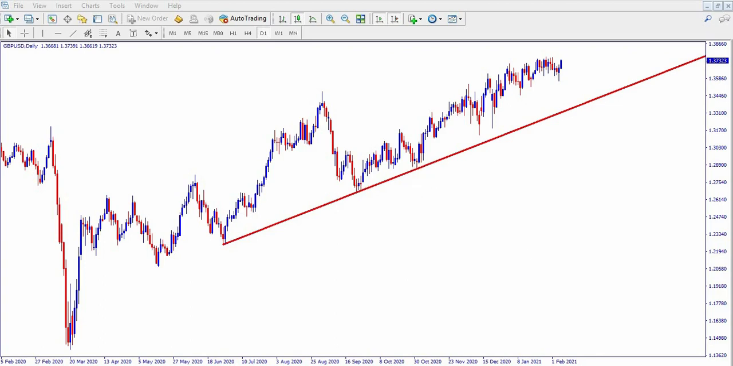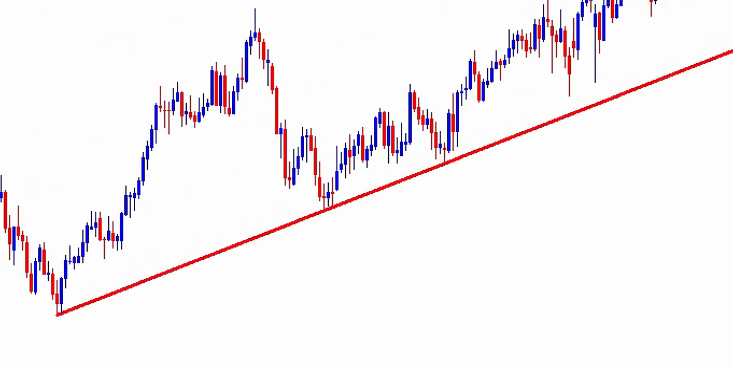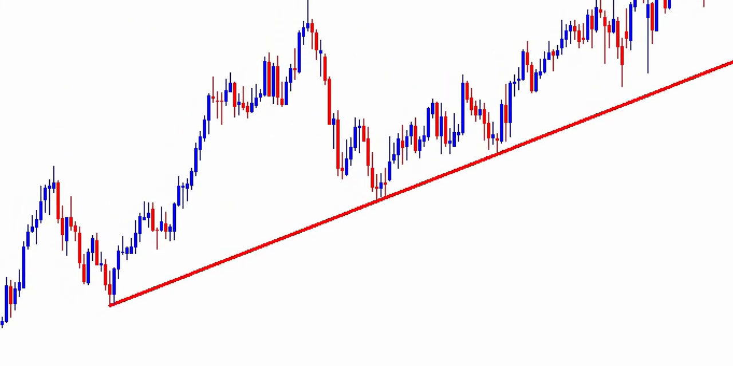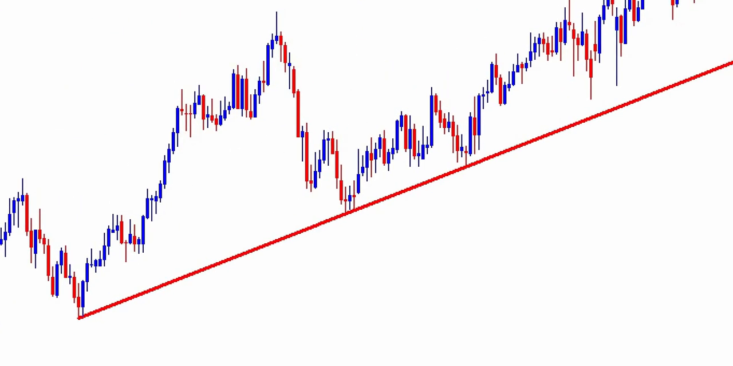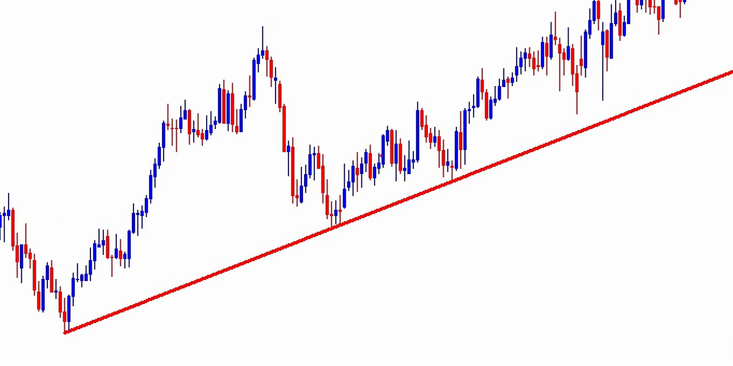Let's see what we have there. Zoom in a bit. Okay. So from the third point there,